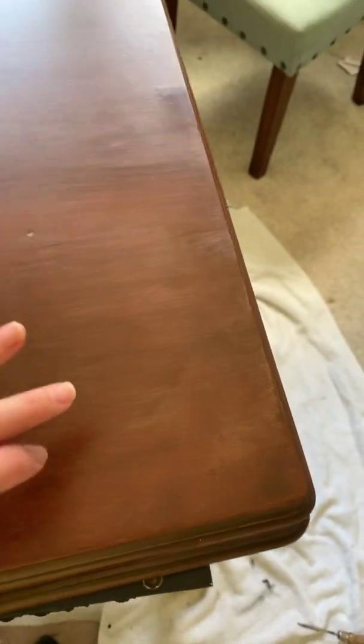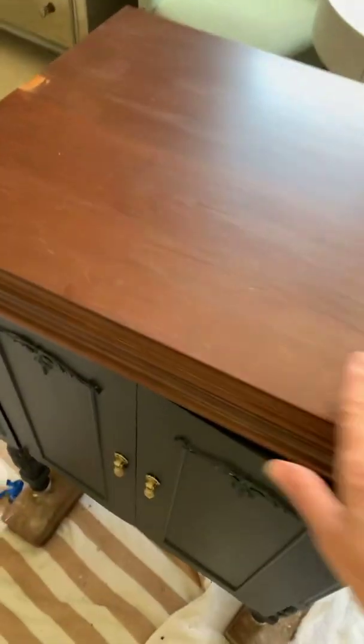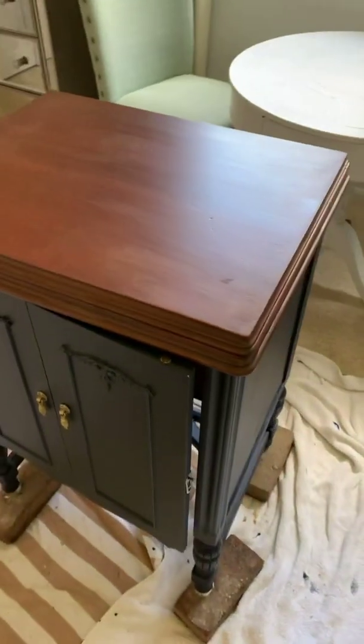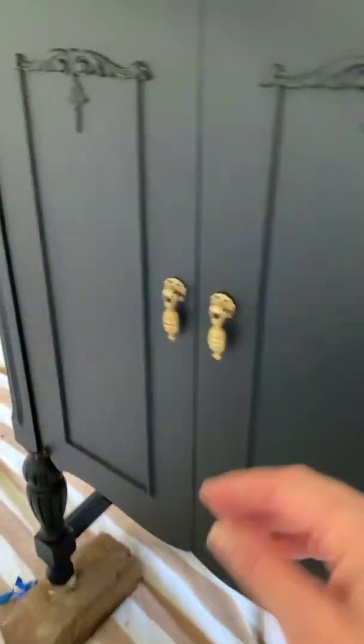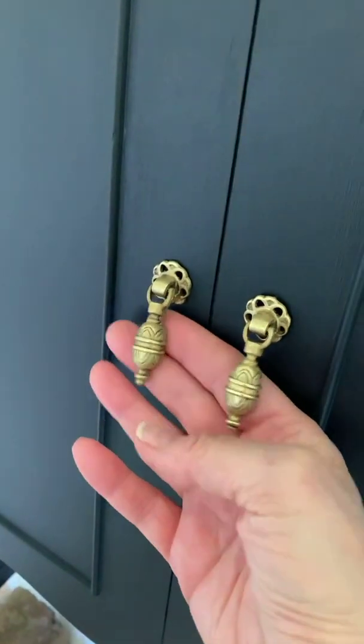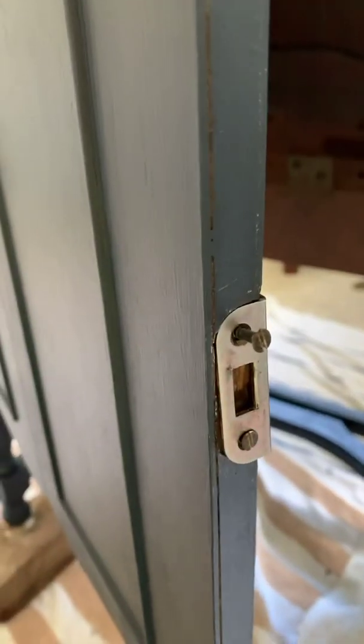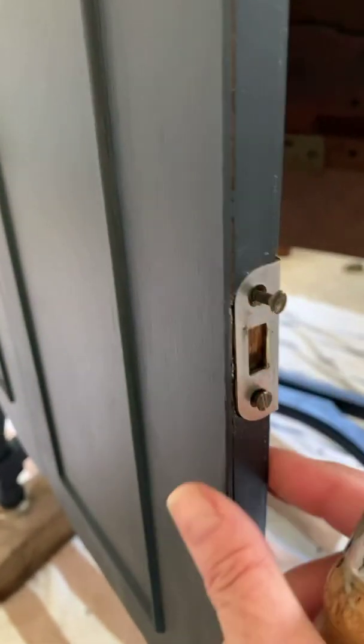I'm still working on the piece that came out with the wood filler, but the top came out nice. It has 2 coats, and I've attached the hardware, which is the fun part. They actually look like some kind of earrings, ear bobs. But yeah, they came out real sweet, and I'm just finishing up attaching the inner hardware so that when it